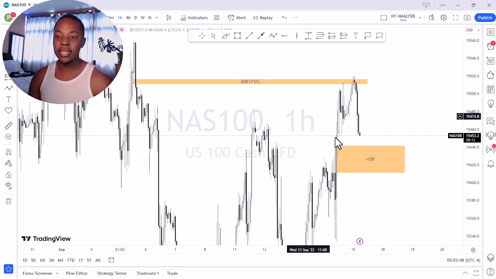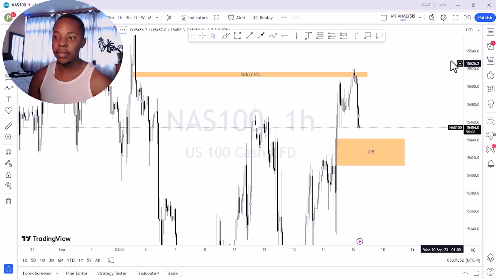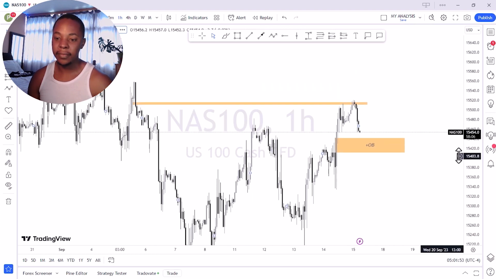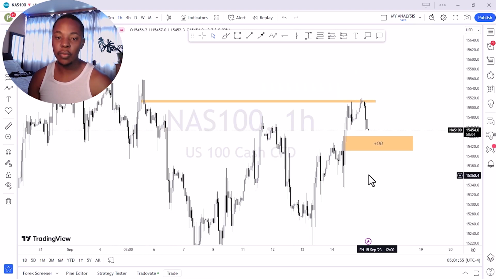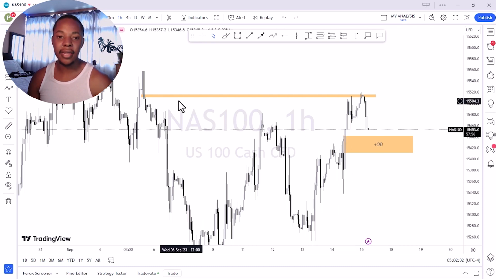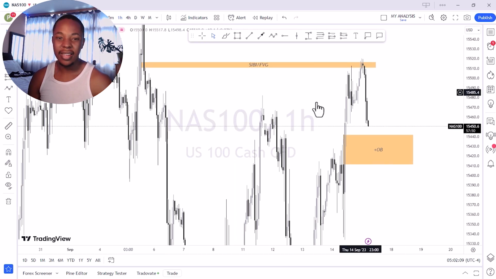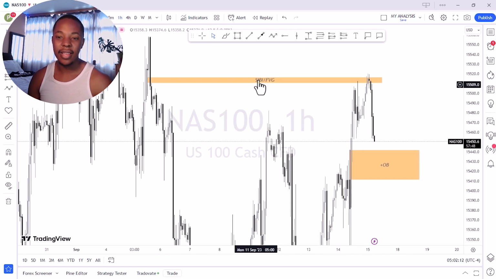So as you can see here, it's been a weird week this week. This was the whole core CPI, and then we went up, rebalancing that fair value gap, that sell side imbalance, buy side inefficiency, and then as you can see, we closed inside that